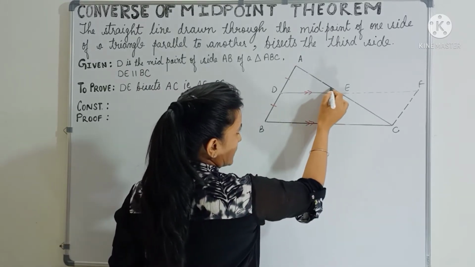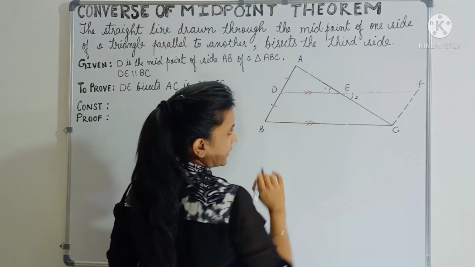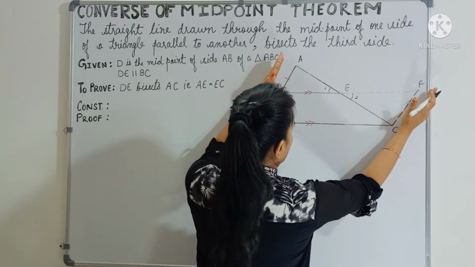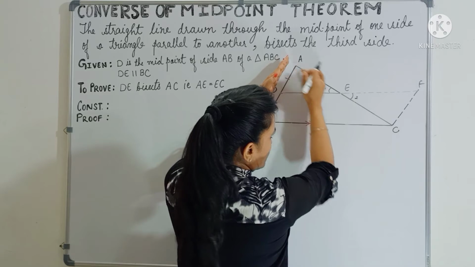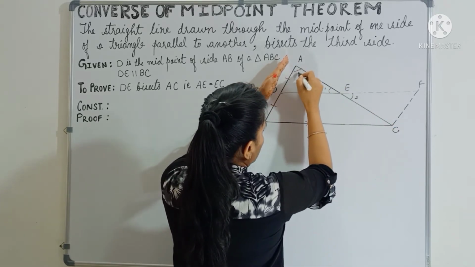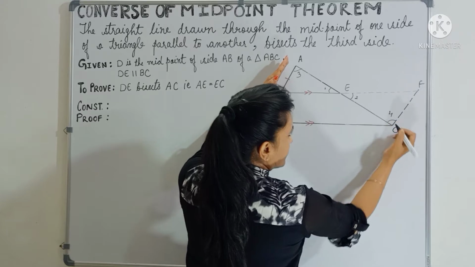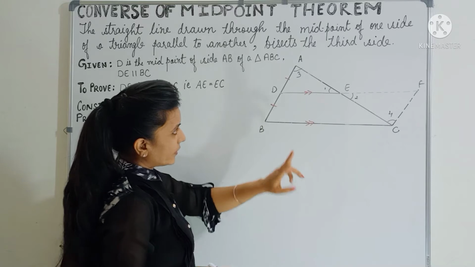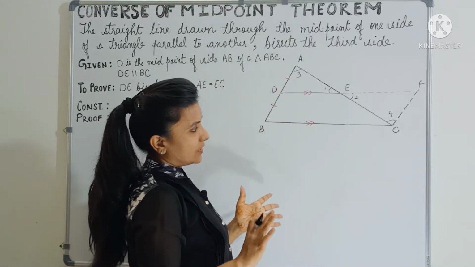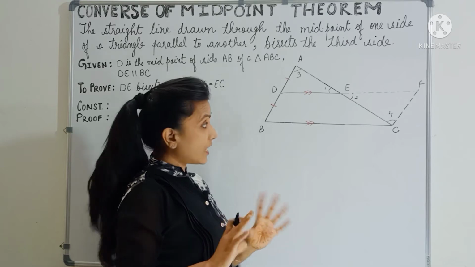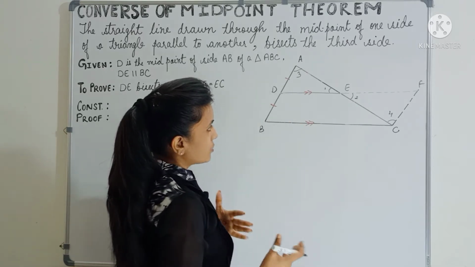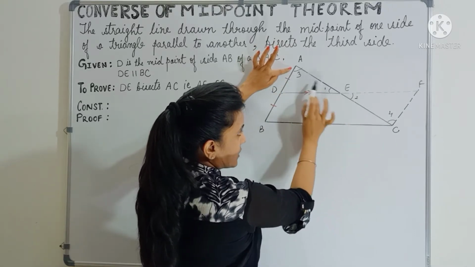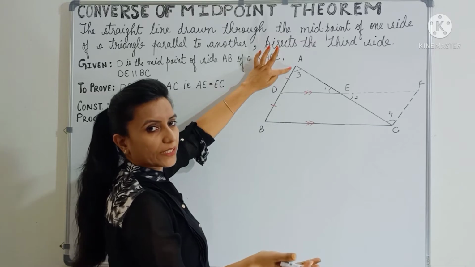Here we can see that angle 1 is equal to angle 2, because they are vertically opposite angles. Now here BA is parallel to CF, and AC is the transversal. So can I say that angle 3 will be equal to angle 4 by alternate interior angles, right? Now we have already taken two angles. Now we have to see whether any sides are equal or not in both the triangles. So you can check, AE and EC. These two sides are not equal. I have to show that they are equal, right?